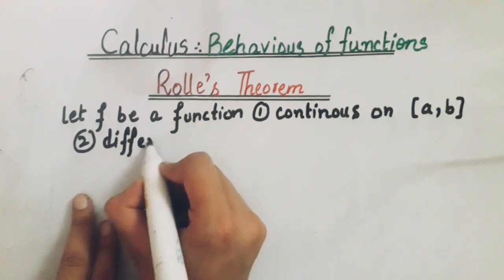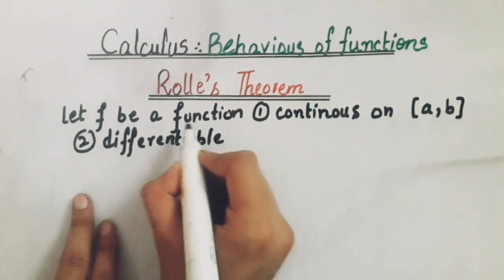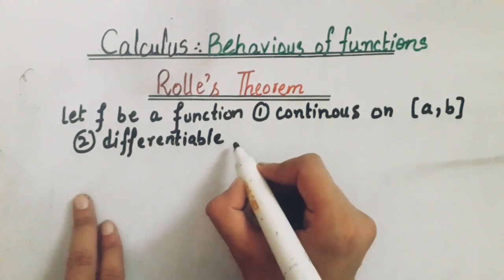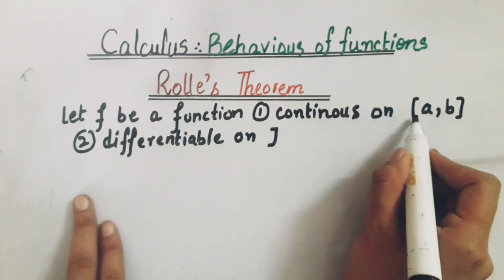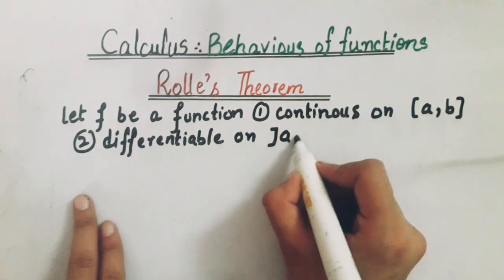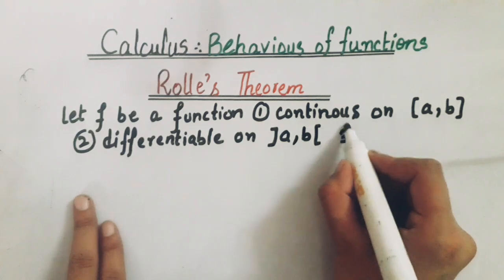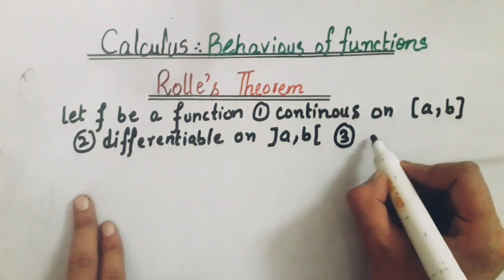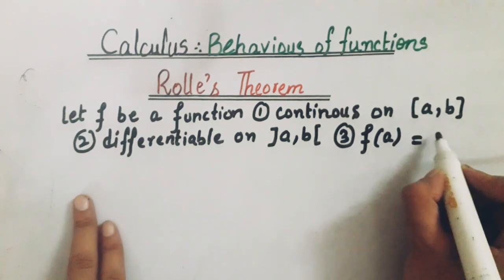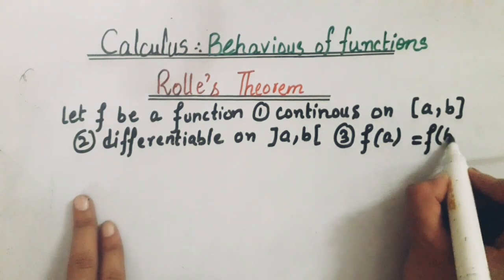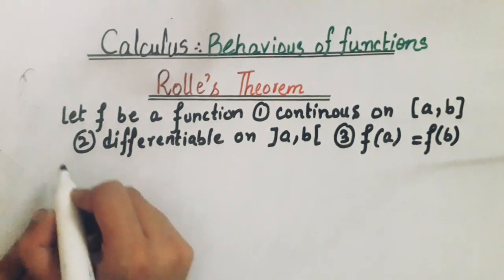differentiable. This function f is differentiable on the open interval. This bracket shows open and this bracket shows close. Open interval (a, b), and the third condition for this is f of a, the value of the function at point a, equals the value of the function at point b. Then if these three conditions are satisfied, then